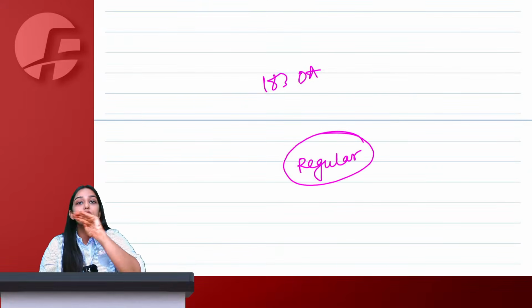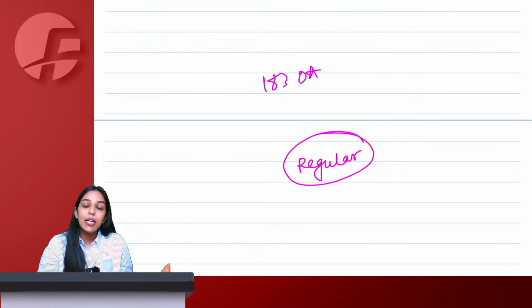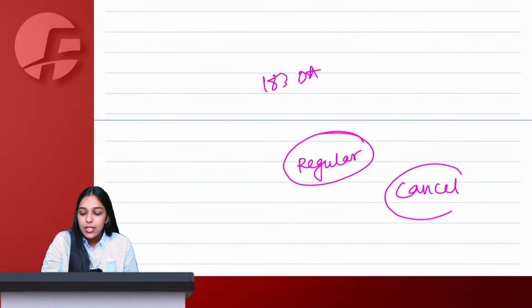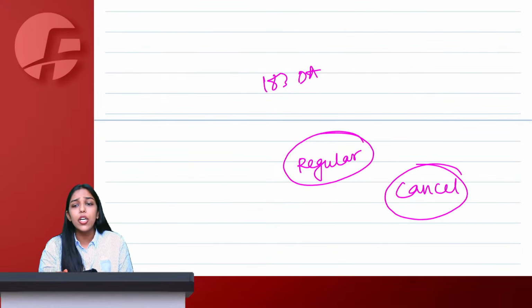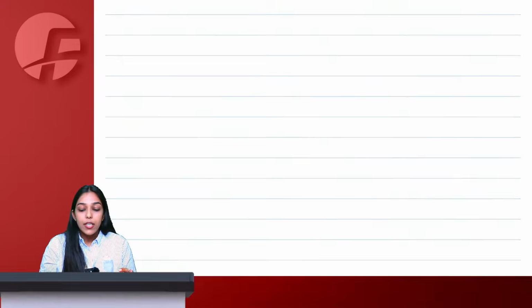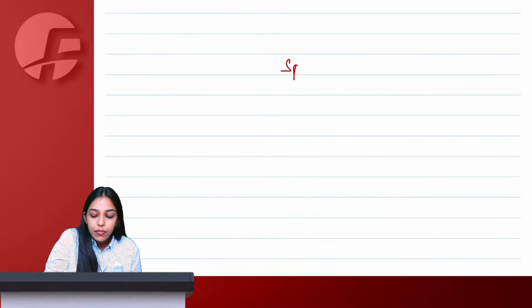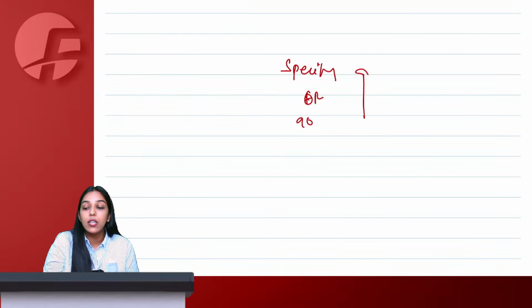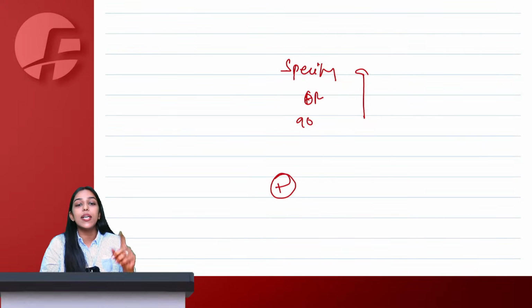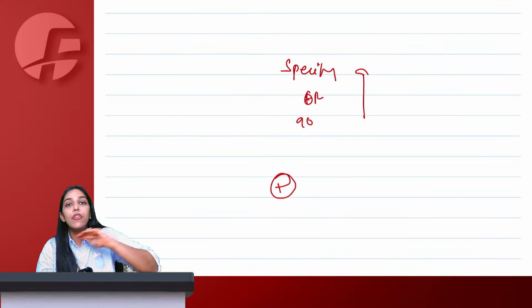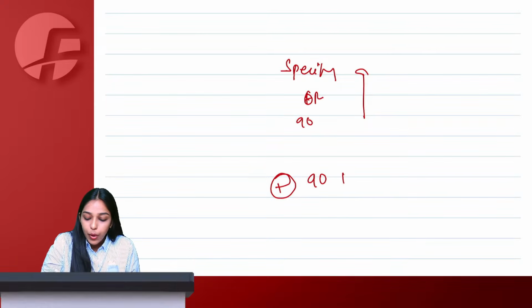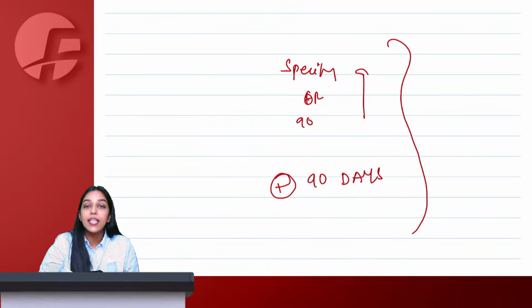And after your fair is over, after 183 days, when you are returning back, you can simply surrender your registration and then go back. So for how much period can you be registered as CTP or NRTP? Whatever you specify, or 90 days, whichever is earlier. But if you want to extend, you can extend for only one time. No further extension possible. Only one time further extension of 90 days available.